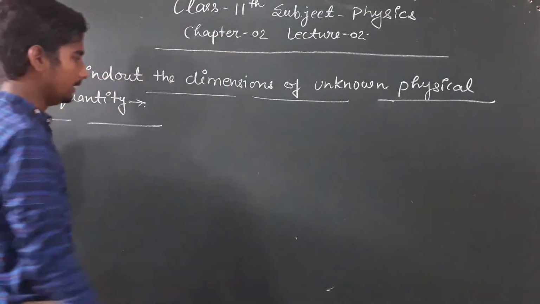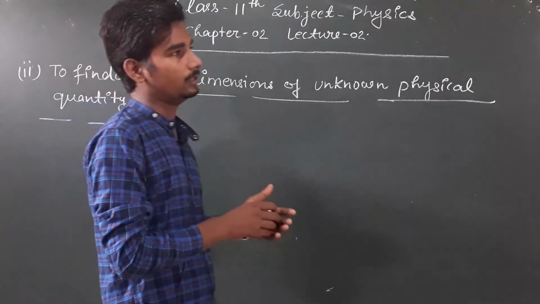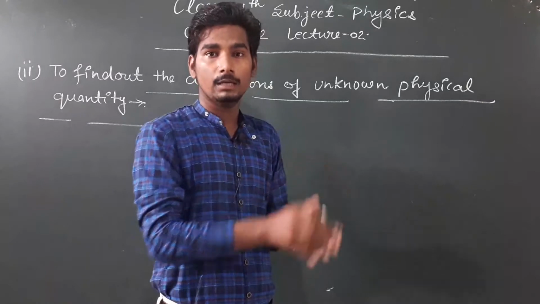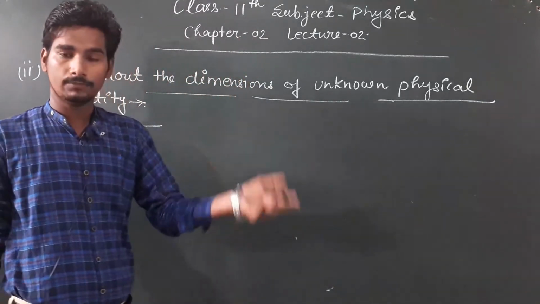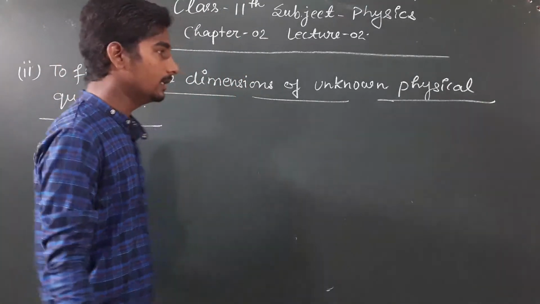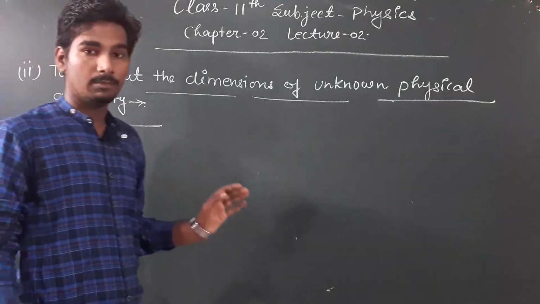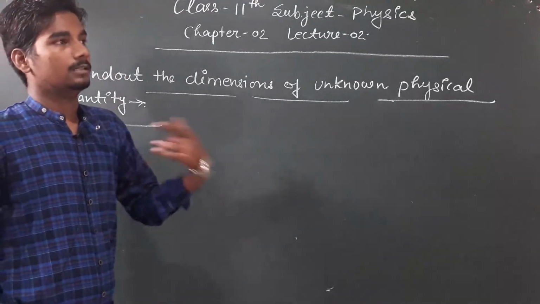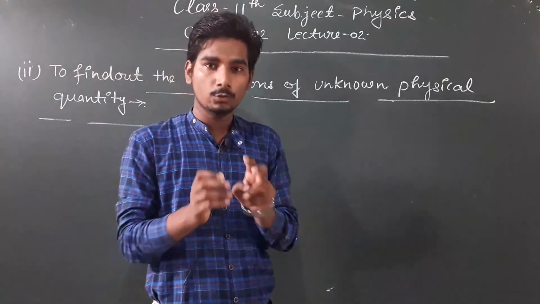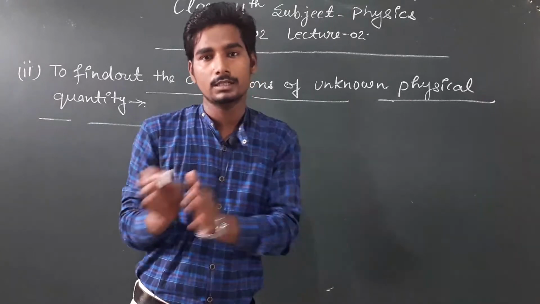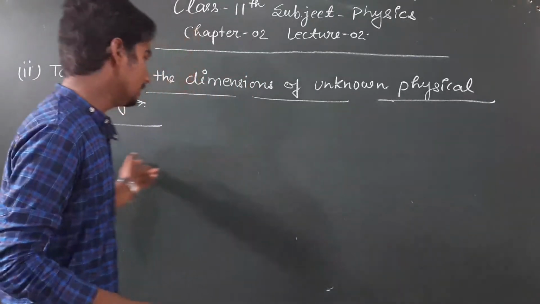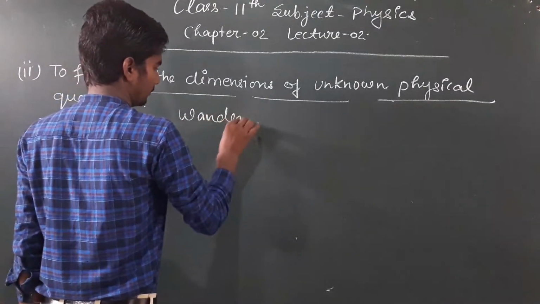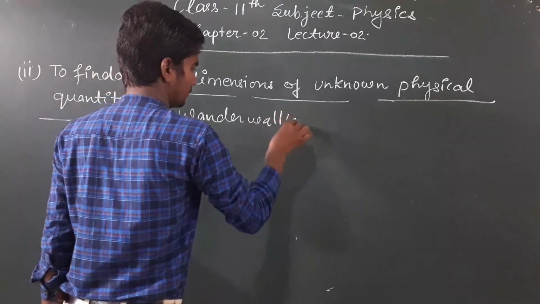Just suppose that we are going to discuss the van der Waals equation. You will read about the van der Waals equation in further physics chapters and even in chemistry chapters, but we are only going to discuss the dimensional correctness of the equation and find the dimensions of two unknown quantities that are introduced in the van der Waals equation. Let's try. Van der Waals equation.